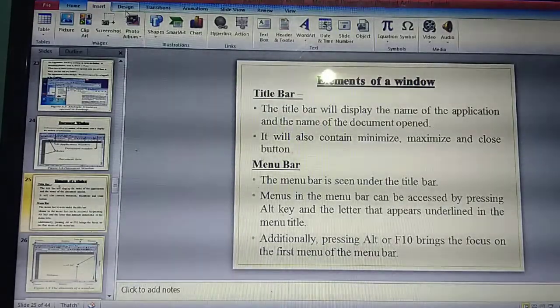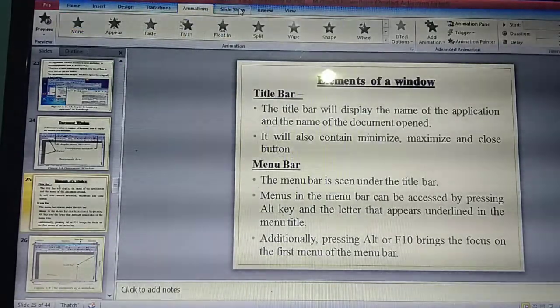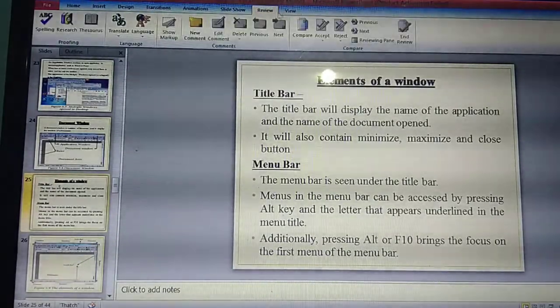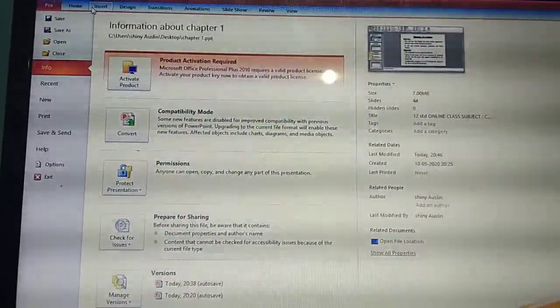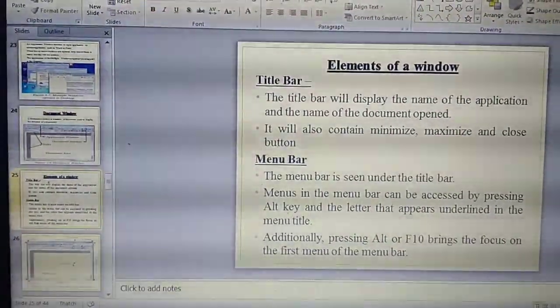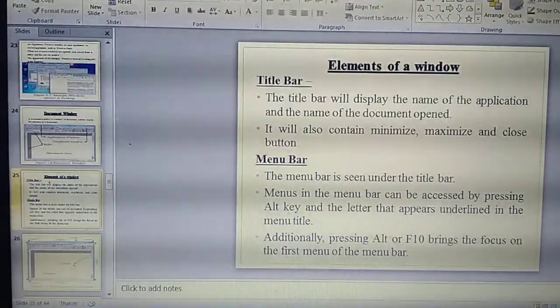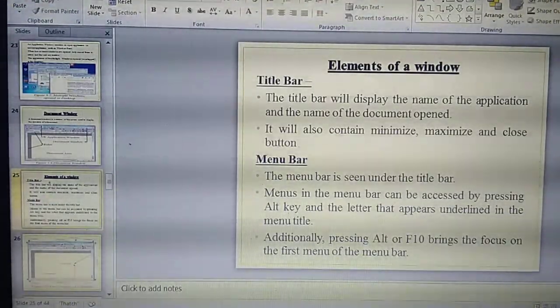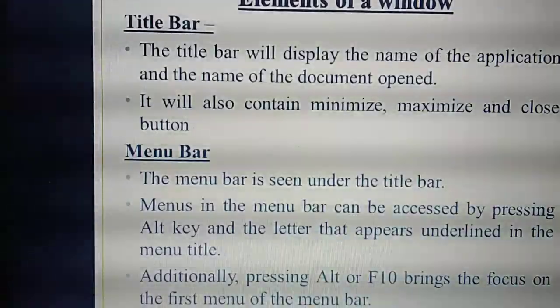By clicking the mouse button, this arrow pointer will show which menu you are selecting. So simply you can select by clicking the mouse. Okay. That's the first thing. What's the second way I said? Either you can use the mouse, or you can press the Alt key or F10 from the keyboard. Okay, understand?